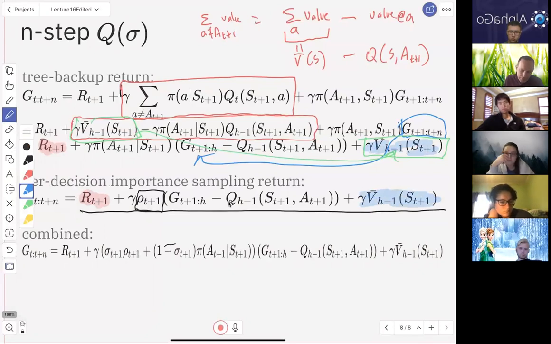They both have gamma times Q_{h-1} here. And they even actually have a gamma here. So the only parts that are different are